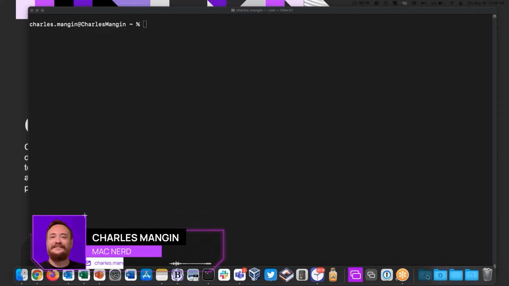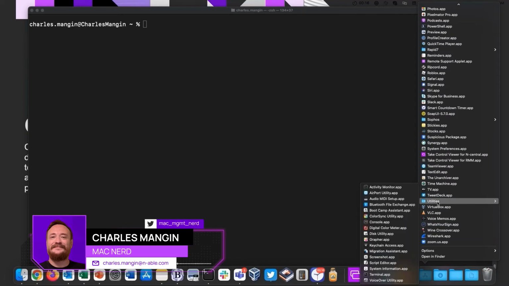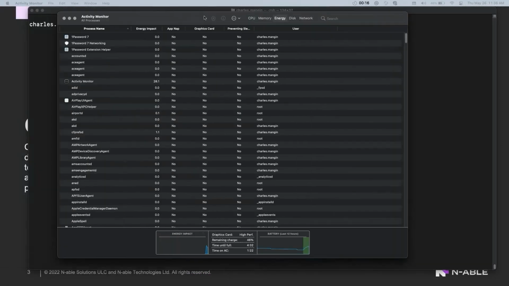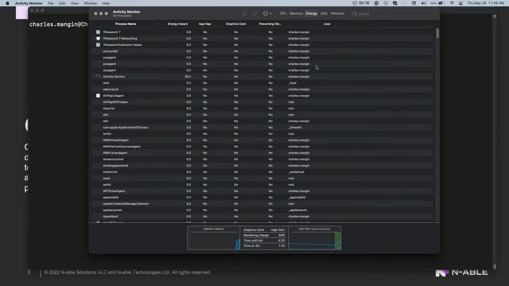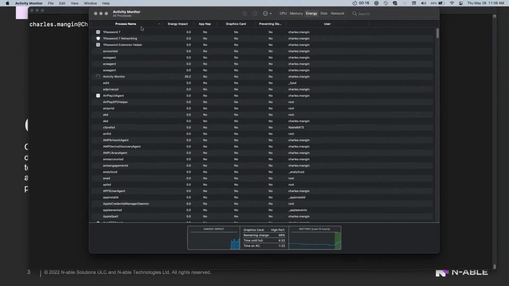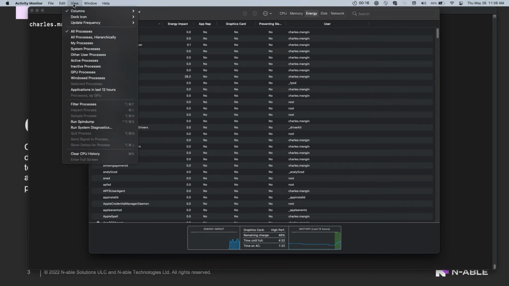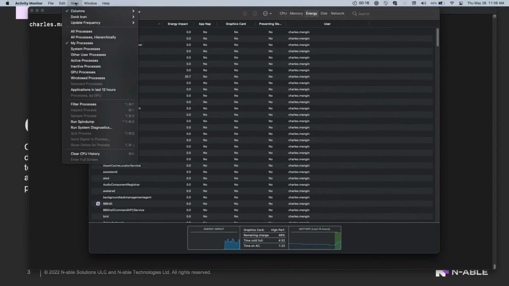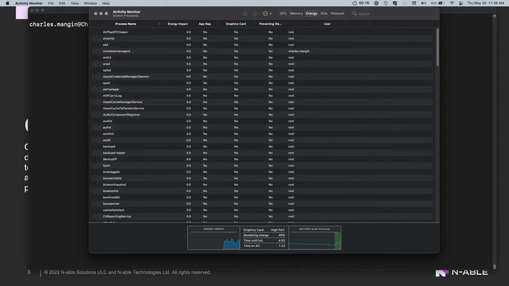On the Mac, in the utilities folder, there is the Activity Monitor, which is fairly equivalent to the Windows Task Manager. You can see all of the current processes that are running, and you can show just the ones that are owned by the current user or by the system,